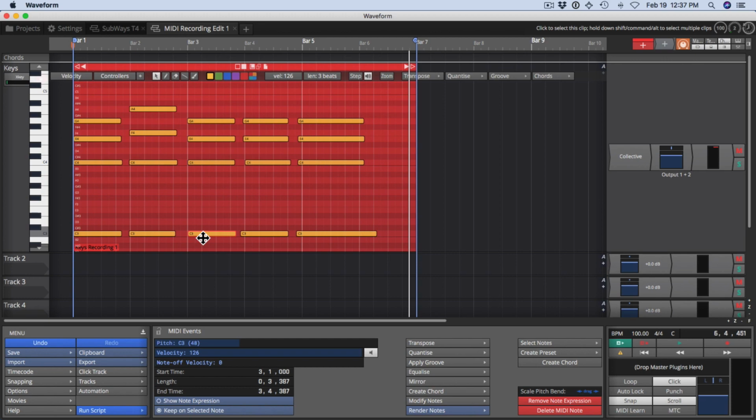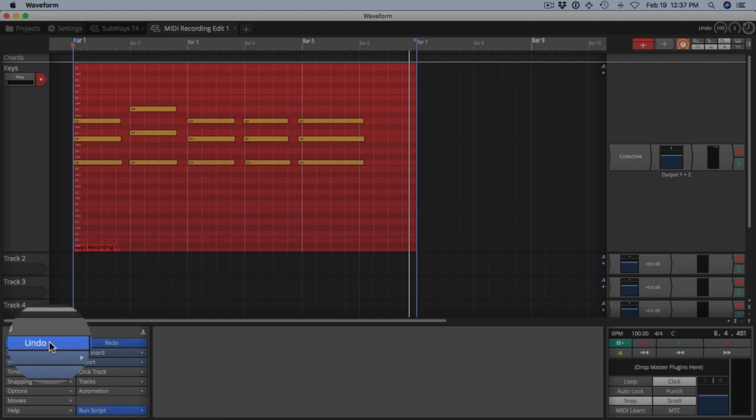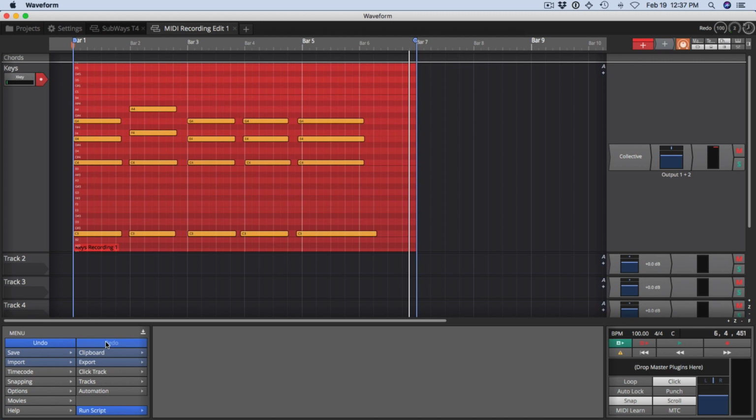Another interesting thing about that overdub is that I can undo it. So if I use the undo button, which is down here, you can see I can take out those changes, including that entire recording, or redo to put them back in. The keyboard shortcut for that is Command-Z to undo and Command-Y to redo. So you can see I can redo the recording and that little edit that I made using those keyboard shortcuts